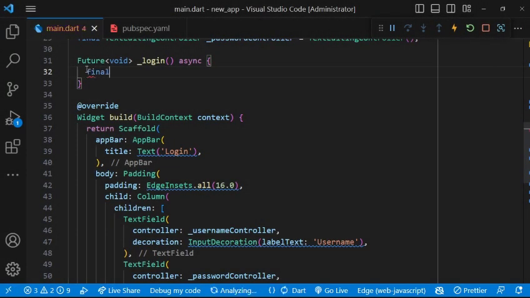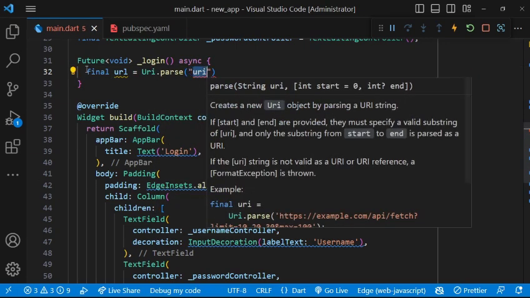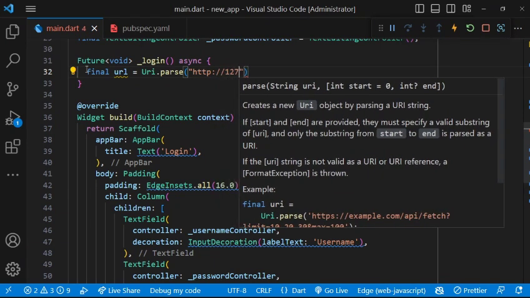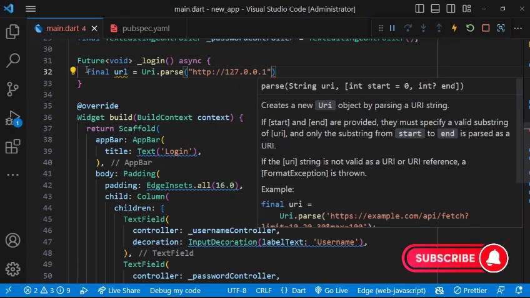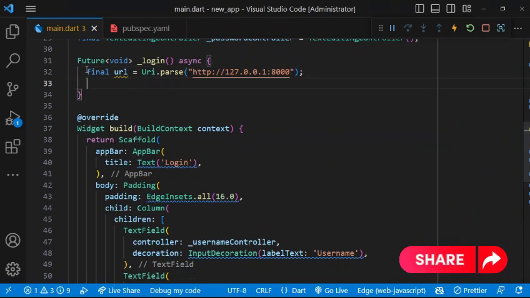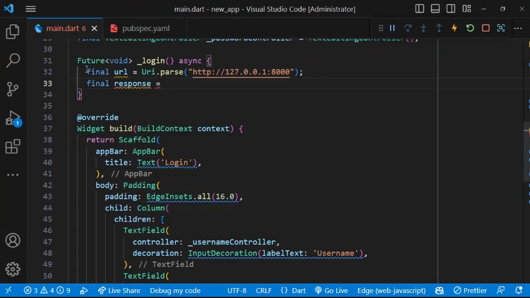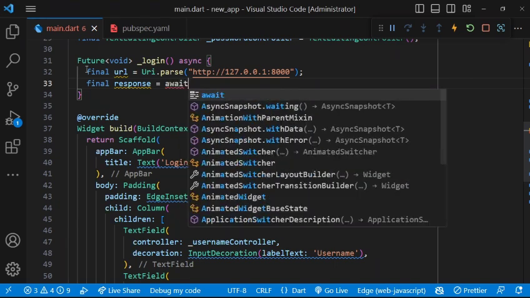So we're going to start by specifying our URL, and that we have Uri.parse. I'm going to specify my URL here, HTTP, so our home page is where we are running our login from, so I'm just going to leave it as that. Then I'm going to store the response for my requests here, and that will be await